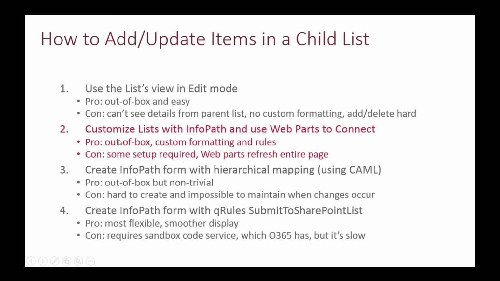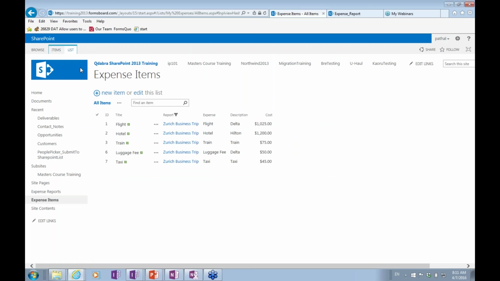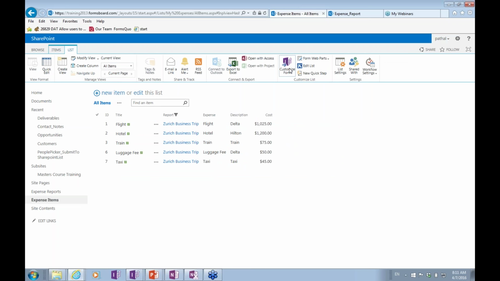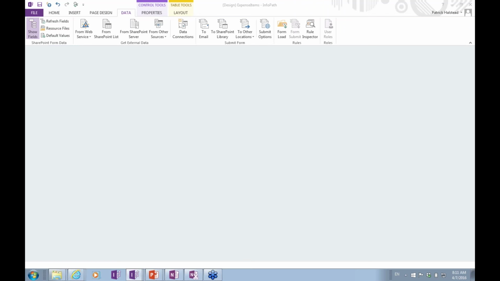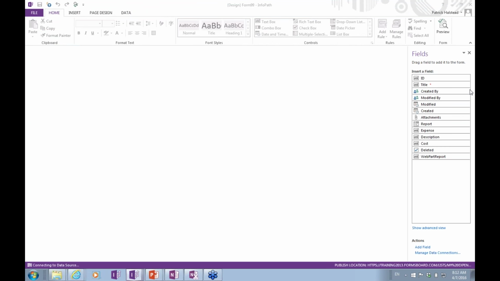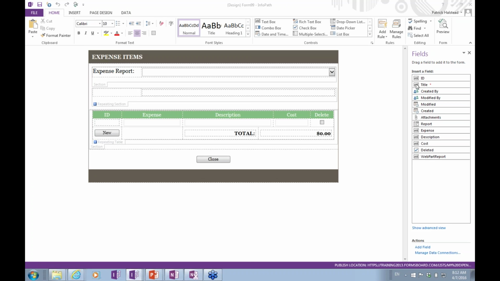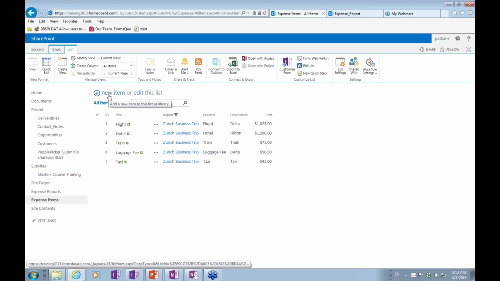Okay, so let's talk about another technique. We can customize the lists using InfoPath. If we go back to the ribbon in 2013, you see that we have Customize Form, with InfoPath. When I click on this, it's going to open up InfoPath and allow me to customize the form. Now, why would I want to customize it with InfoPath? Well, I'll mention the reasons in a second, but in general, it's because you get a nice design surface, a WYSIWYG editor. So here's our form, and if I go back to the site, I've already done this, as you can see. If I click on New Item here,